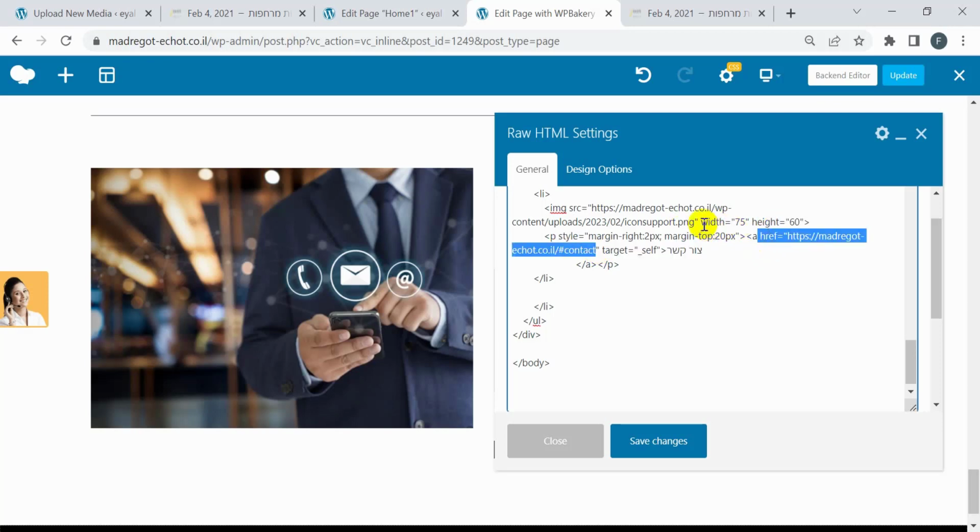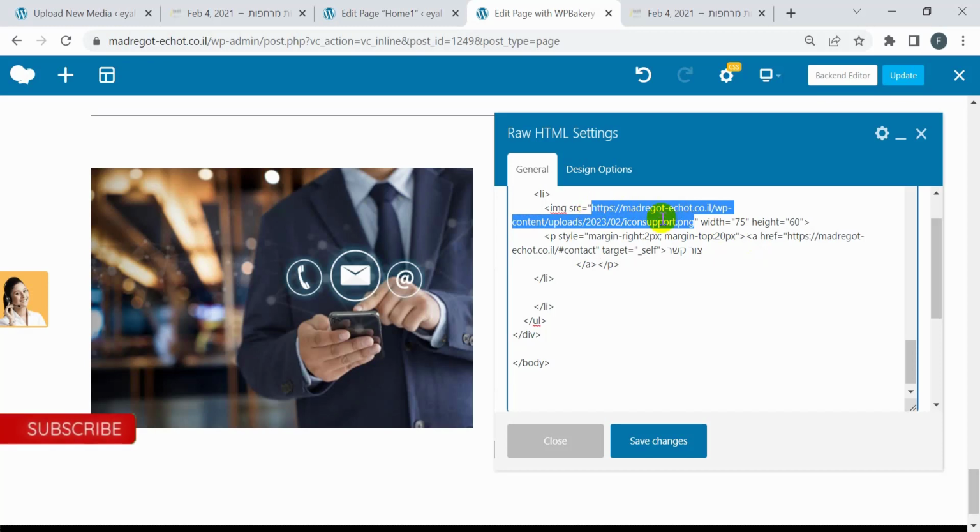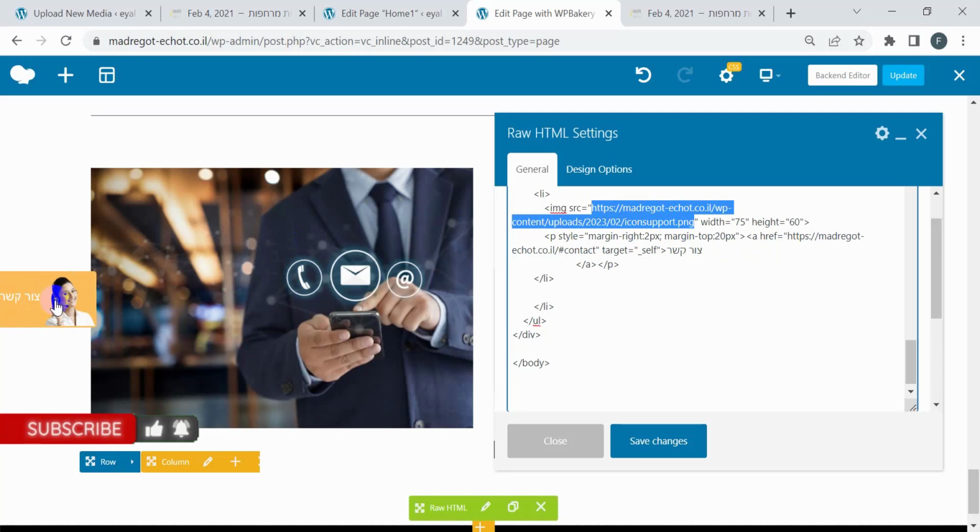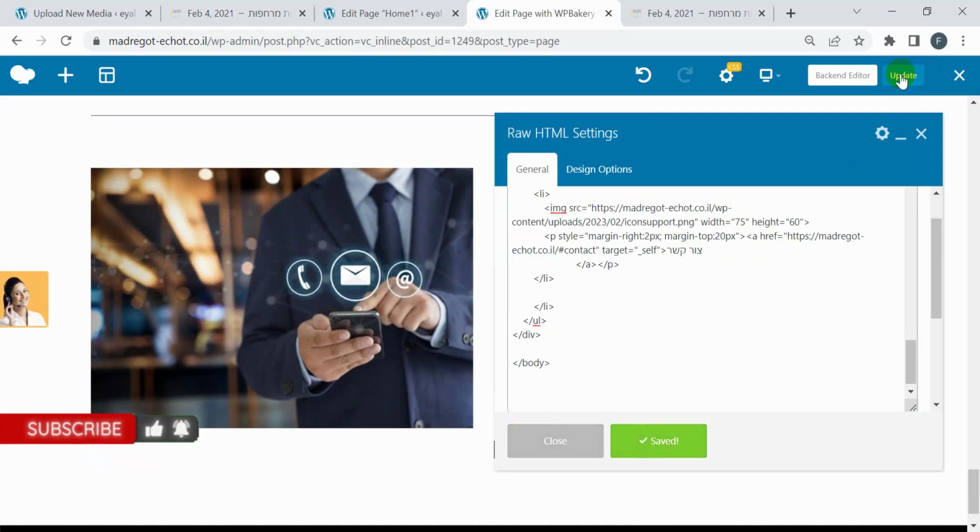Okay, you can change the image from here. This URL is for the image. Copy the image URL and paste it here, so this image will be changed accordingly. Okay, so I'm going to click on save changes and then click on update,